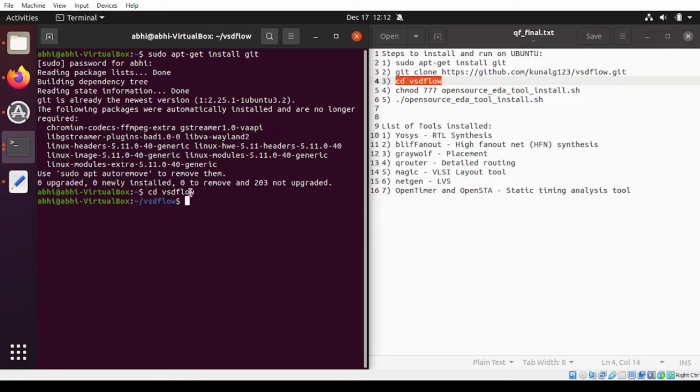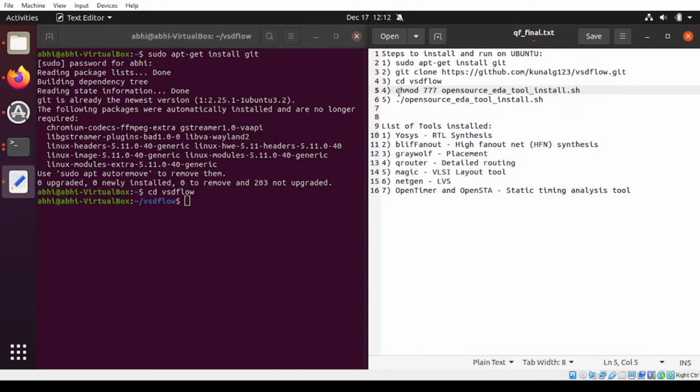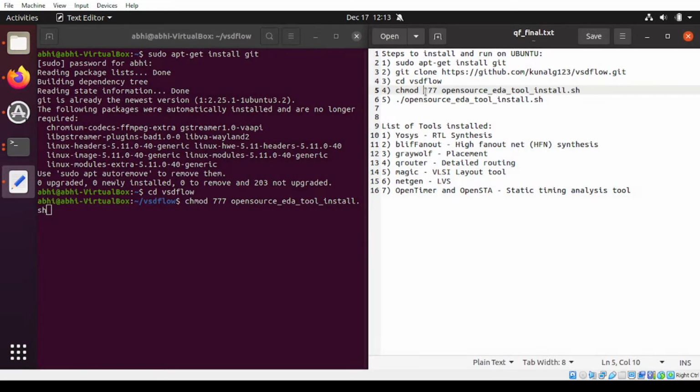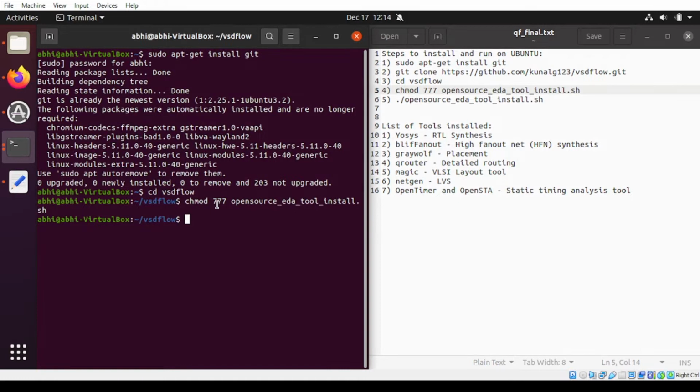Now this is the fourth line of the code. What it will do is chmod this thing. I'm pressing it here. So basically, this is changing the permissions. This command will change the permission to 777, in the sense that all the permissions are given: read, write and execute. See, 7 represents 111 in binary, so it basically means read, write and execute permissions are given.